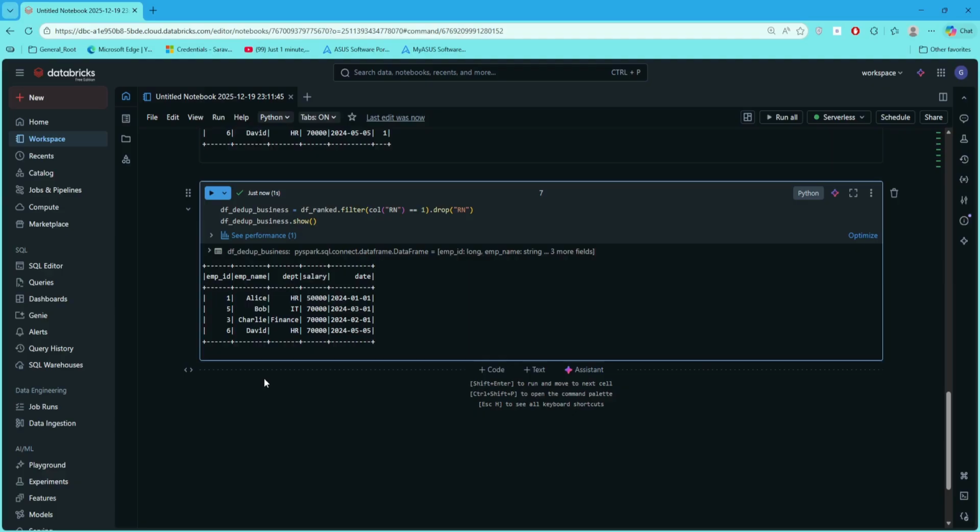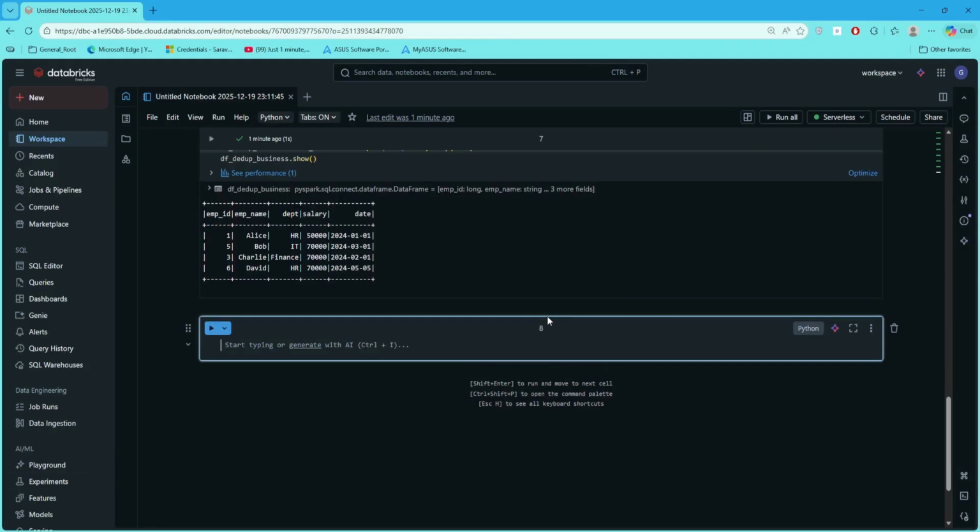But if it's an event, let's say there is an order, a payment transaction, a receipt, then the action is aggregate, right? So for an event data, let's not remove the duplicates. We need to aggregate. We have seen this in the last video, but I'm doing it once again here so that it gets revised. So let's say aggregate,